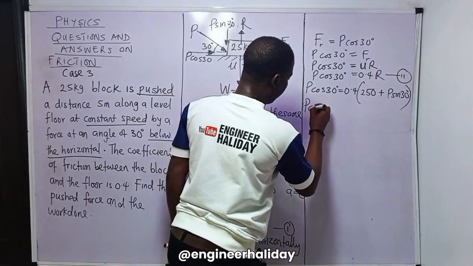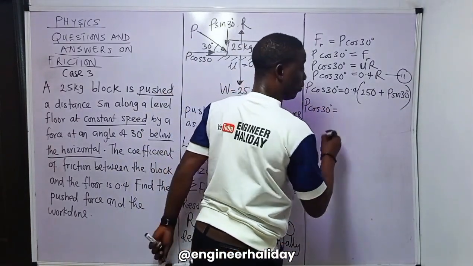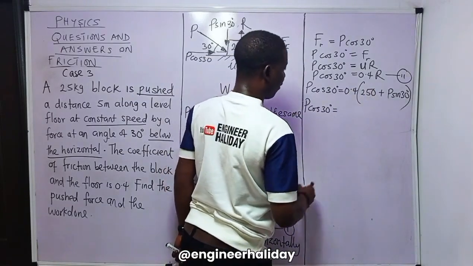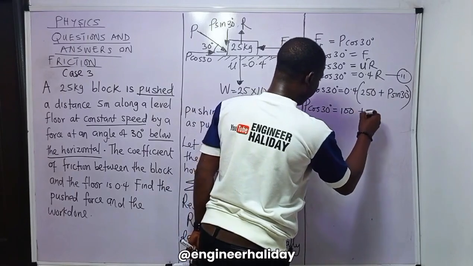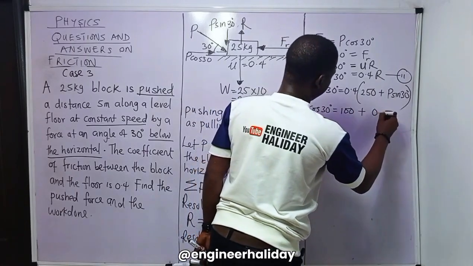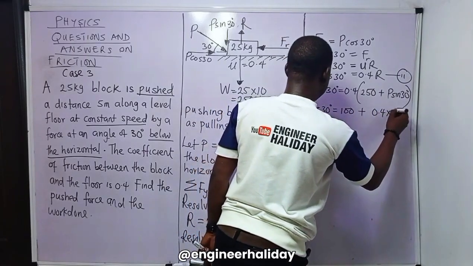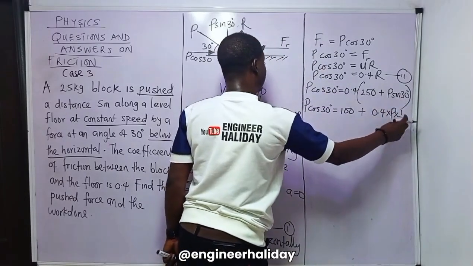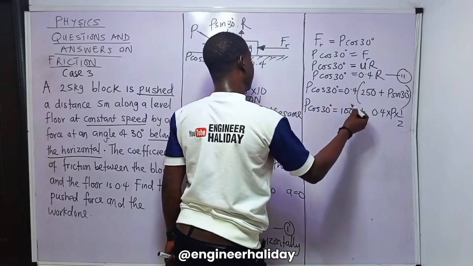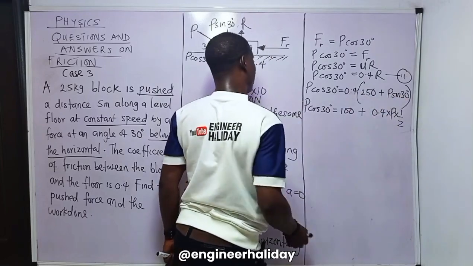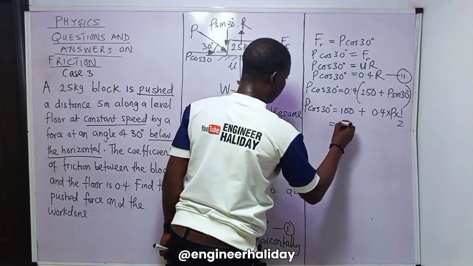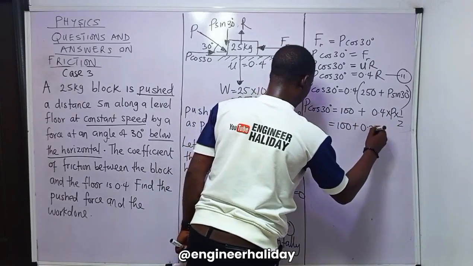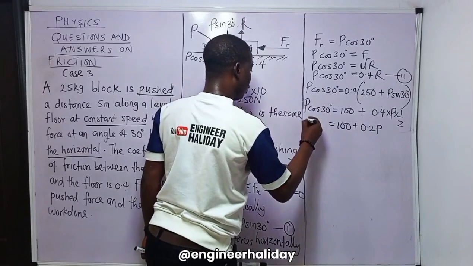Now, we have P cos 30 degrees equals this 0.4 times 250. We are going to have 100 plus 0.4 times P times half. Don't forget, sine 30 is half. This times this is 100. This times this, 0.4 divided by 2, will give us 0.2. So 100 plus 0.2 P equals